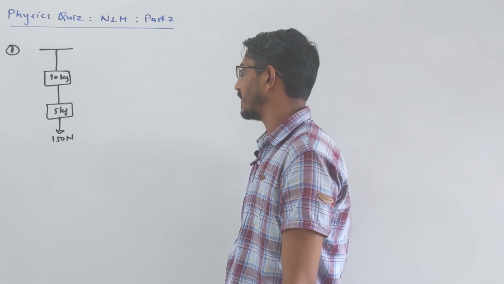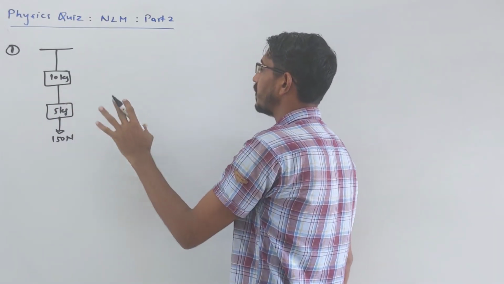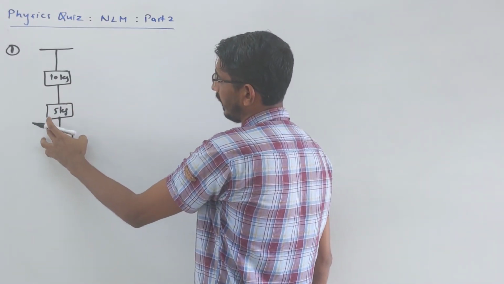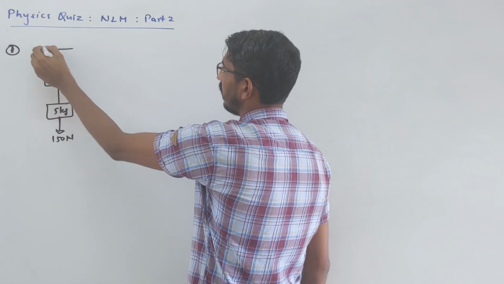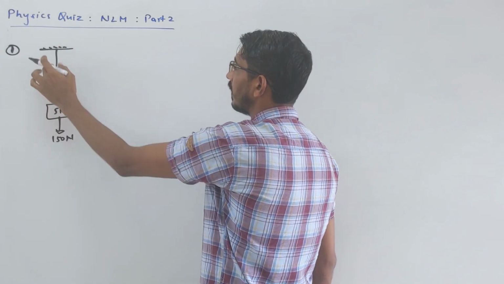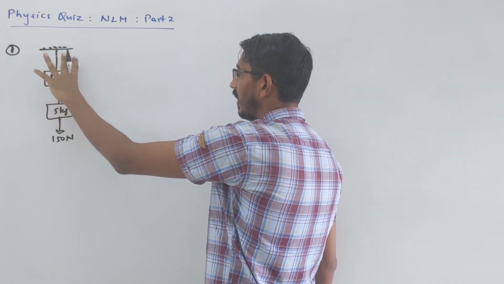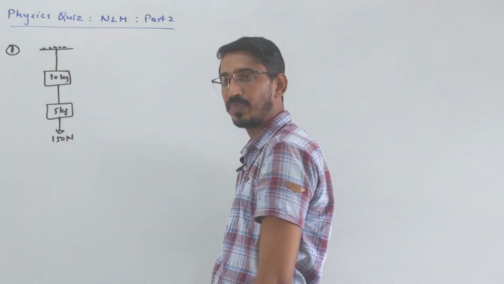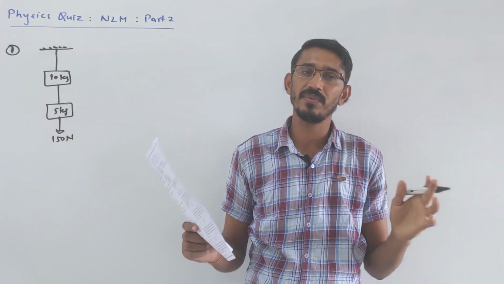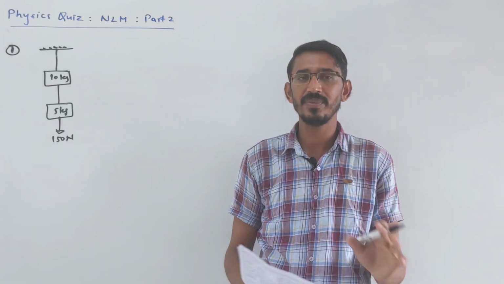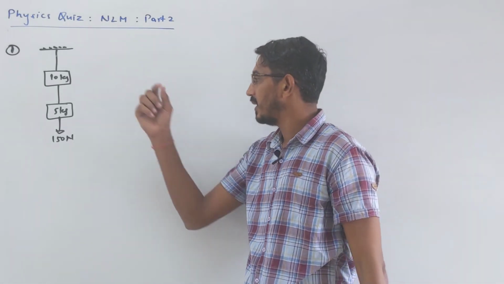Here we have two possibilities. Suppose, first, the simple possibility: this force is not given here. These two masses were just hanging from this string from some ceiling. Now you cut it. Then these two masses will fall freely. In that case the acceleration of the system will be simply g. A becomes g, correct? But in this case, there is a force also given here.